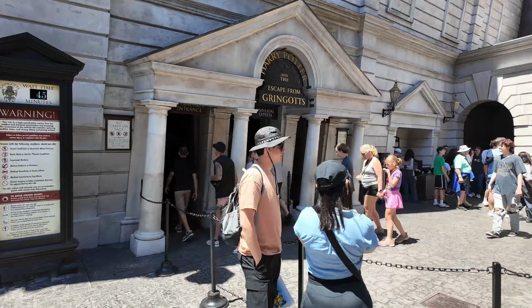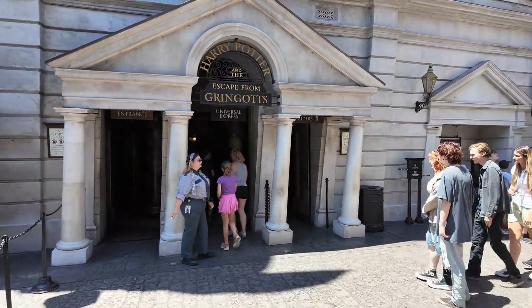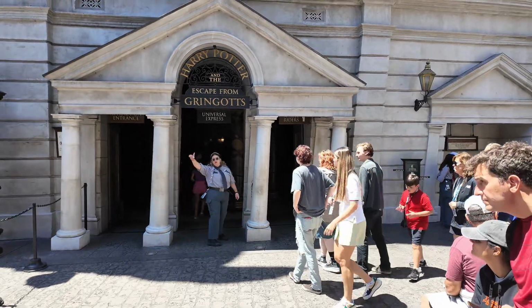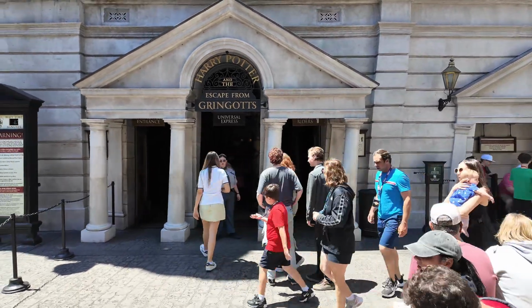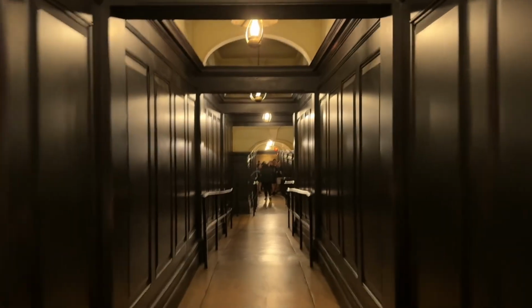So I think right now, we're going to go ahead and head inside Escape from Gringotts so you can ride it. Now, it does look like the single rider line is open, where it is currently 45 minutes, so let's go ahead and get in line for Escape from Gringotts. And we're now entering Gringotts Bank, but more importantly, if you're doing the single rider line,